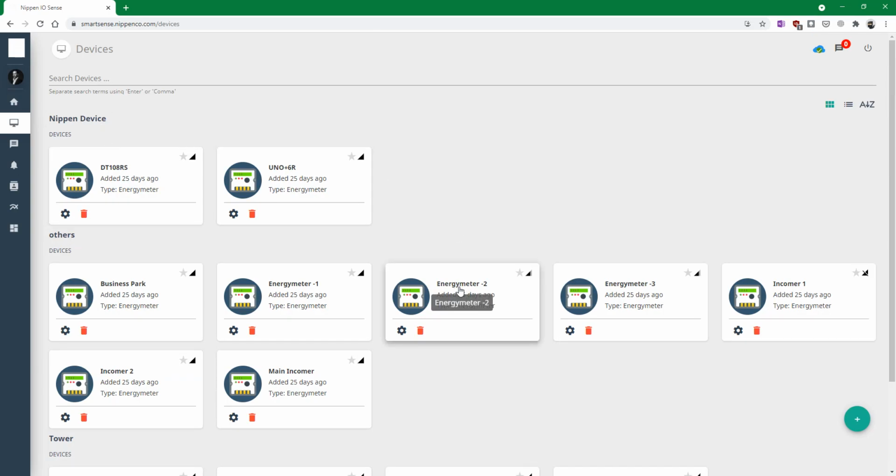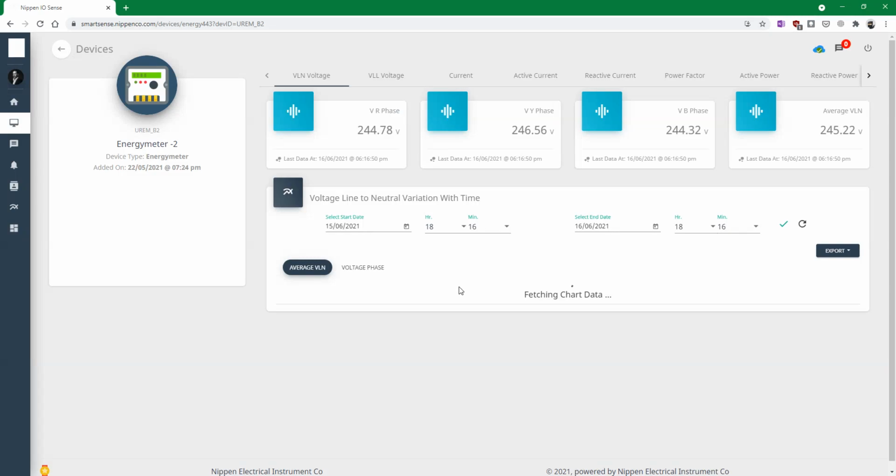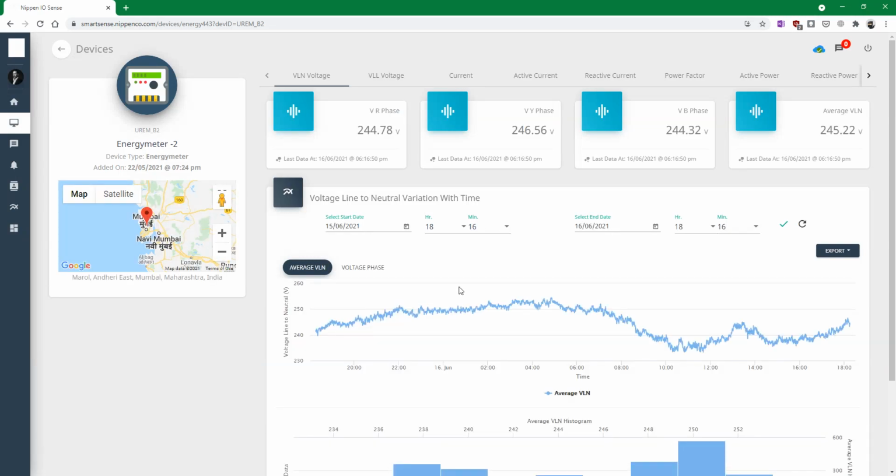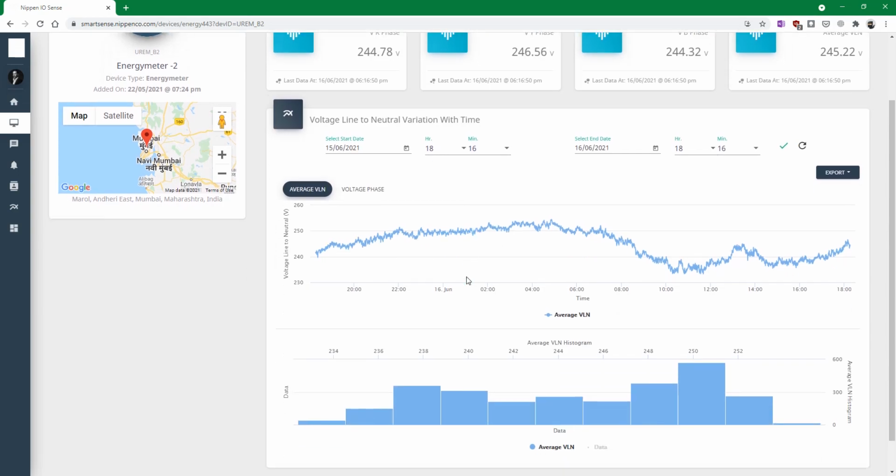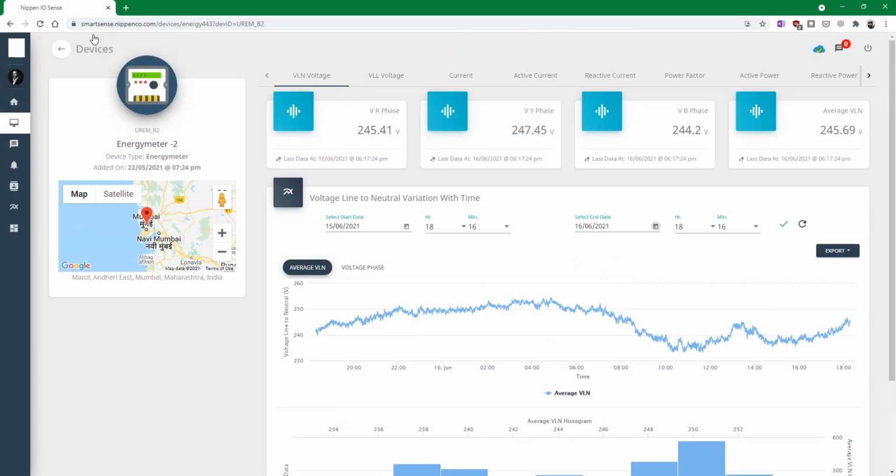Going into one particular device such as energy meter will give us a layout of the energy meter devices on the platform. Here we can see in several sections different sensors are shown such as harmonics, frequency, energy, apparent power, reactive power, power factor, and we have current as well as voltage readings. The graph shown for any particular reading is updated in real time, and the date and time picker option given on the platform allows us to see historical data as well.